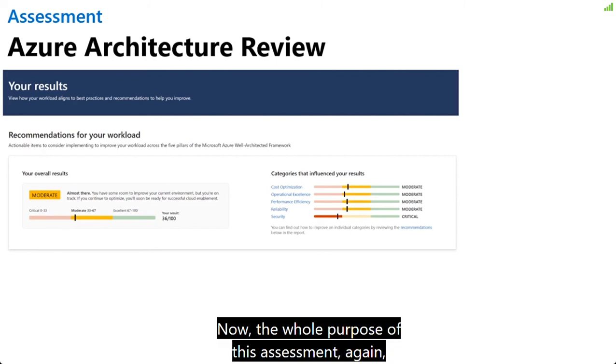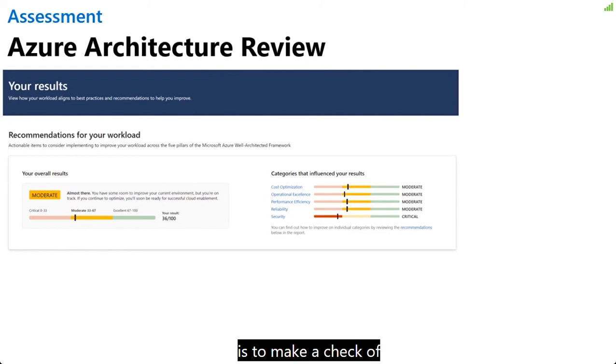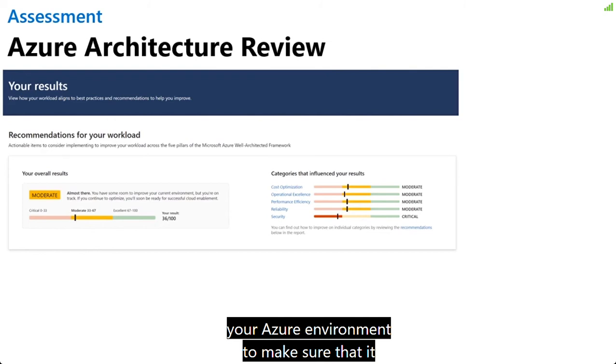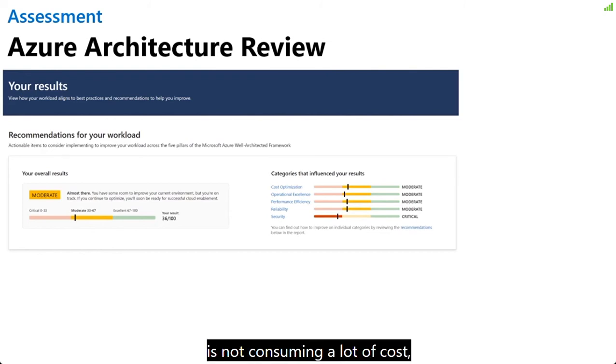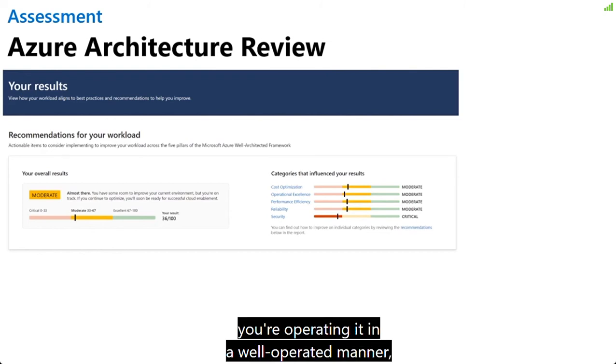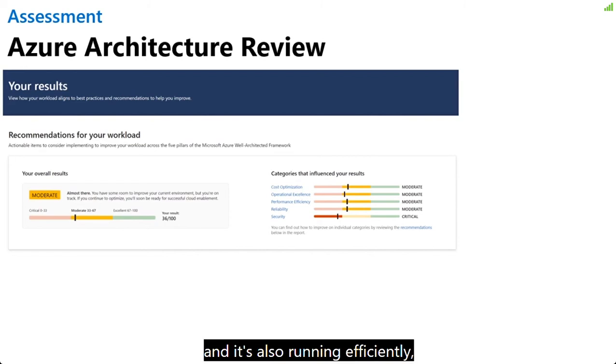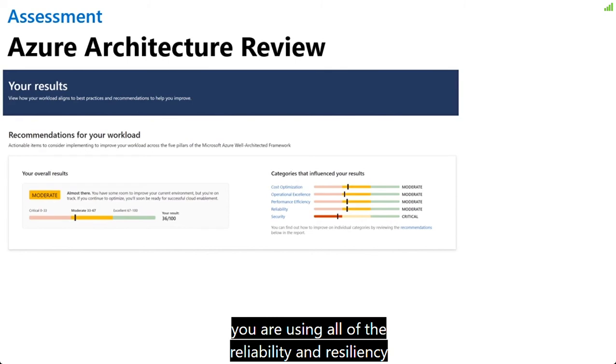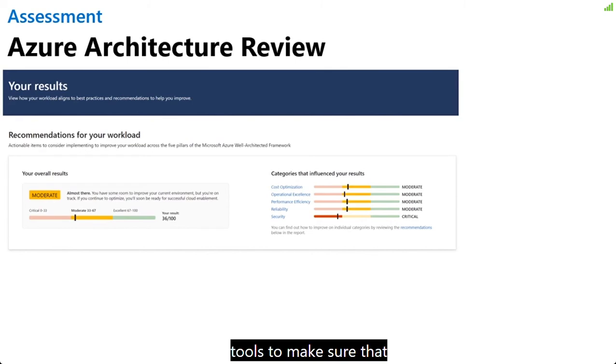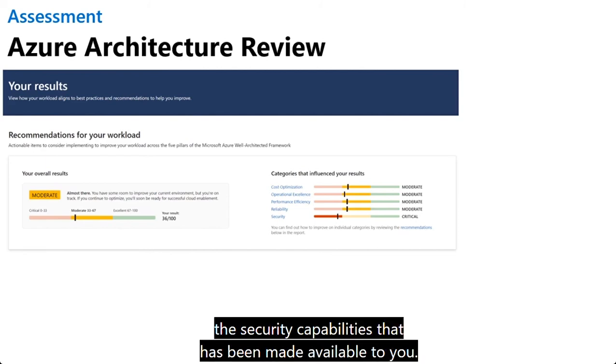The whole purpose of this assessment is to make a check of your Azure environment, to make sure that it is not consuming a lot of cost, you're operating it in a well-operated manner, and it's running efficiently. You are using all of the reliability and resiliency tools to make sure that your environment is resilient against failure, and you're using all of the security capabilities that have been made available to you.